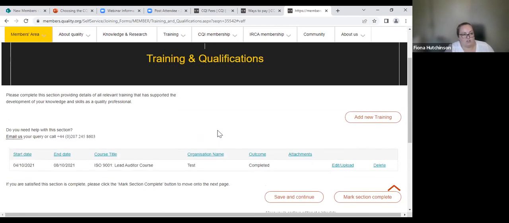So for chartered member, you're just adding to this section to show the assessor a well-rounded picture of you as a quality professional. So you should feel free to upload any quality related training that you've performed. For the practitioner grade, this is part of the requirements. So you need to provide at least 30 hours of quality related training.